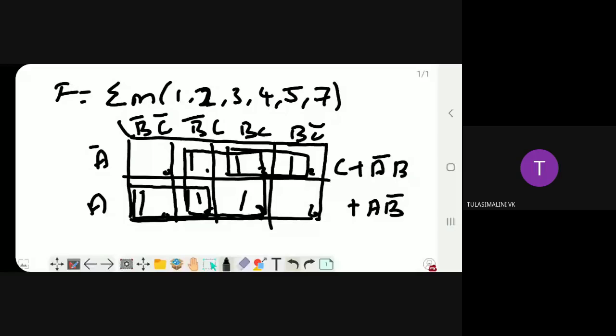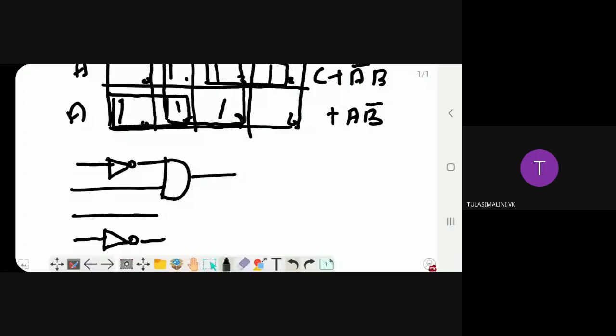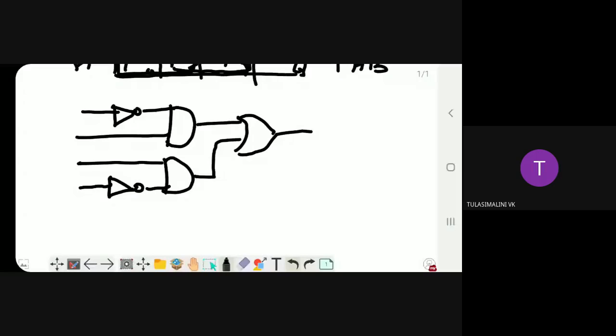Okay, next step is we want to draw the basic logic diagram for the simplified expression. So that is nothing but A bar B, A B bar. So I want to use an OR gate here. Again, I want to add C with the given expression.